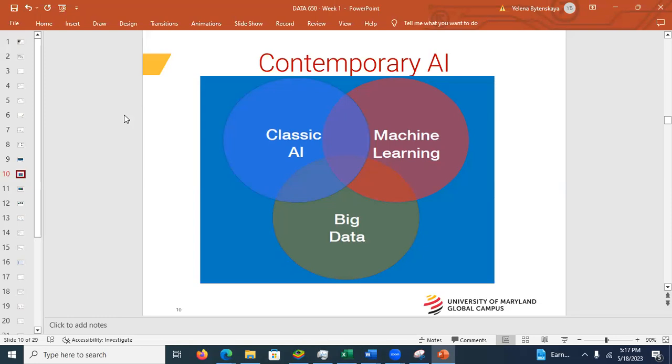And this is a graphical presentation of the intersection of big data, how big data boosts machine learning, and some idea of classical AI. What is the intersection of these three fields, and what is today's contemporary AI? When you read about AI today, it has become a buzzword in the last 2 years, and in much of the literature, you just see machine learning and AI used indistinctly, like it's the same thing. As a data scientist, you understand it's not the same thing, but they have a huge overlap, because the core,